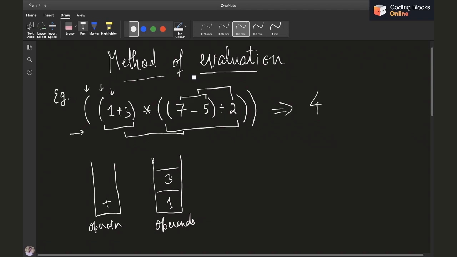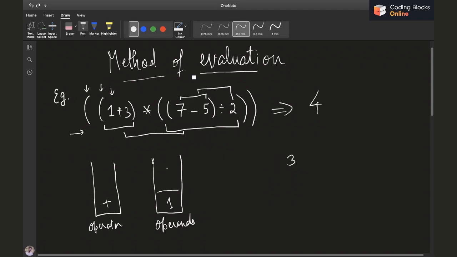We'll pop the last operand that we found, which is 3, and 3 is going to be the right one because it was pushed later.